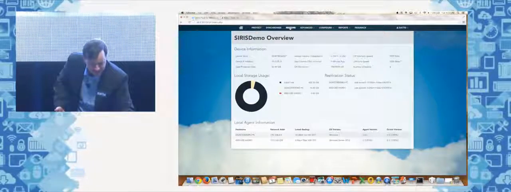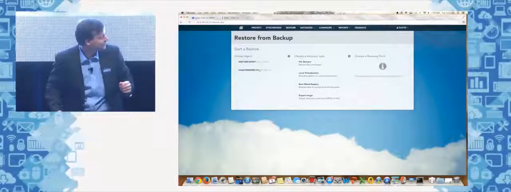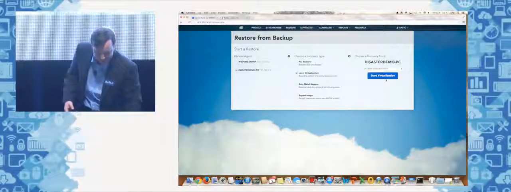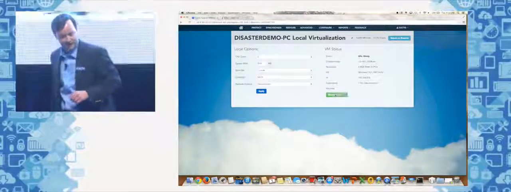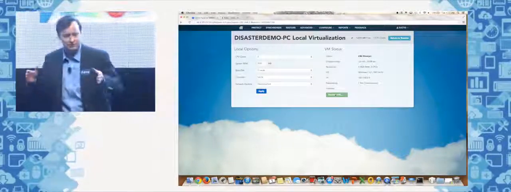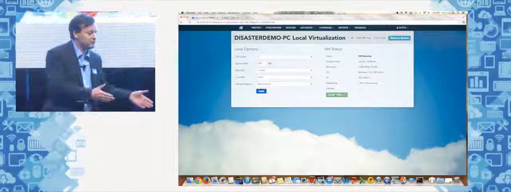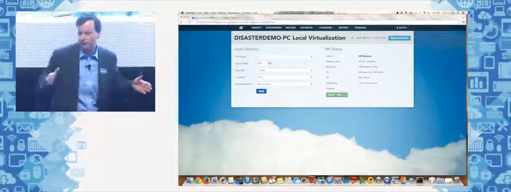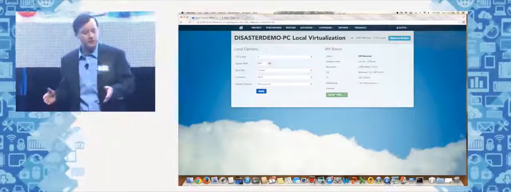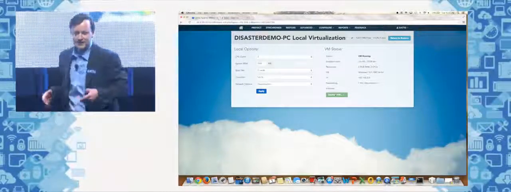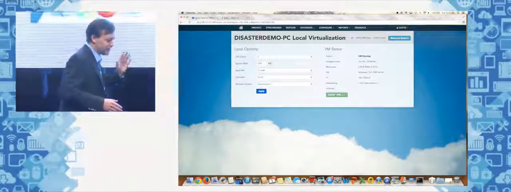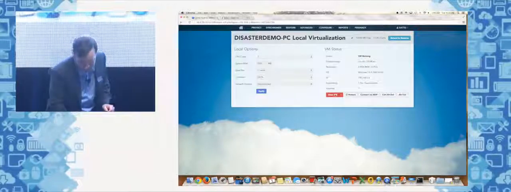I've got my PC, and I did back it up. If you look, and it's kind of hard to see, that's today. So we're really doing this real time. I wanted to have these backups be as close as possible to when I do the demo, because I didn't want this to seem fixed. I want this to seem really genuine. And when you go in and do this for partners or for potential clients, you want it to be genuine too. You want it to be completely real, because that's how you get the wow factor.